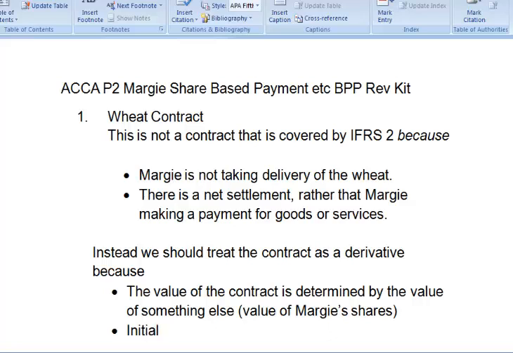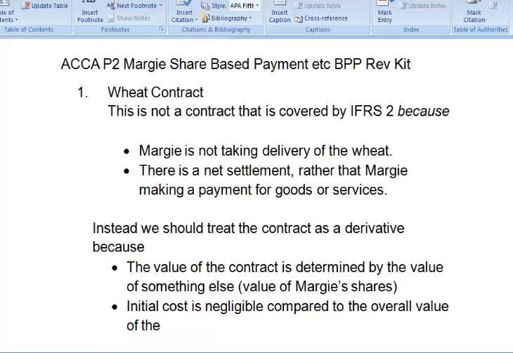Secondly, the initial cost is negligible compared to the overall value of the contract for the 350 tons of wheat. And thirdly, it will be settled